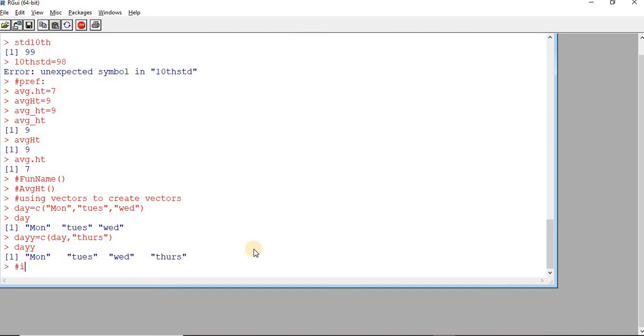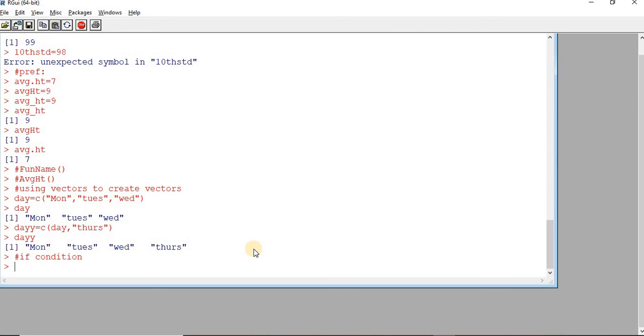Next is about the if condition. So we have two important things when we work with statements: branching and looping. When we have two branches or more than two branches based on a condition, then you call it branching.